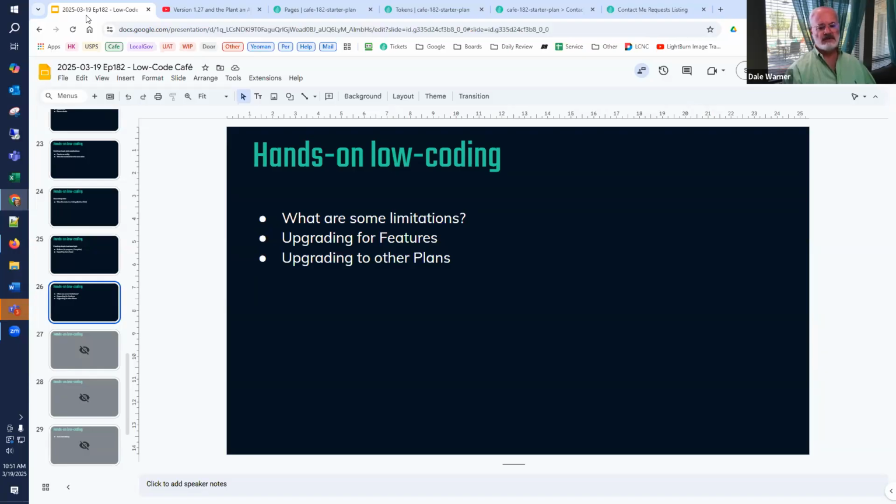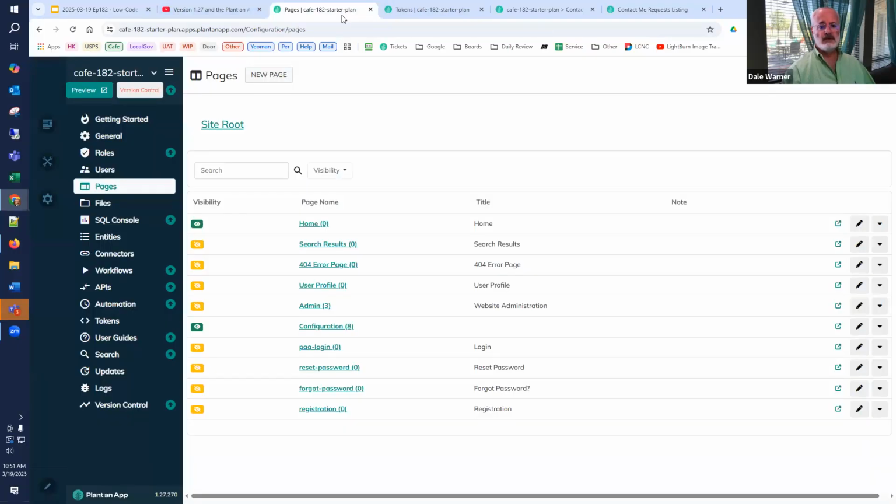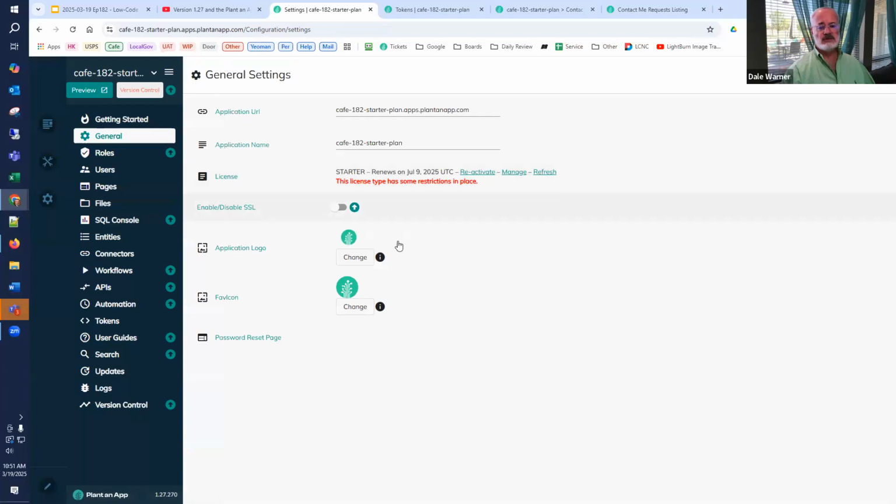Lots of options in that, and upgrades, both for features and for plans, are instantaneous once a change has been made on our subscription model. There's a refresh button. You click this, you get the new features immediately, and so it's a very quick process,